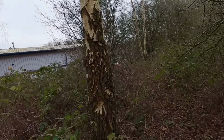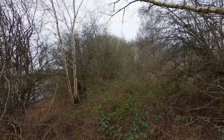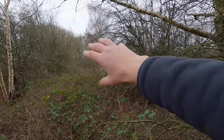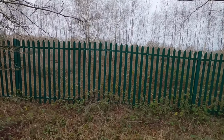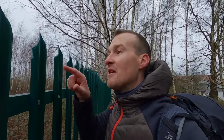I don't think so. Just beyond there I can see, I don't know if you can see it, there is green fence coming across, the same as this. It's probably about 50 feet, 30 meters down. So I think that may be all we're going to get. Hopefully at some point I've put the drone up for you as well to actually see this yard. But I can't see any way. Well, we're not going to get onto that anyway,